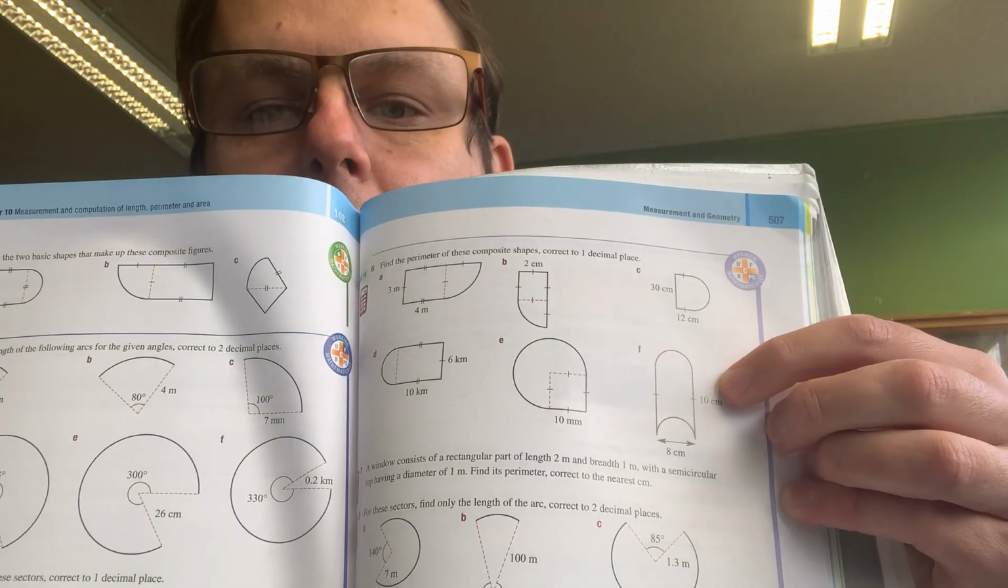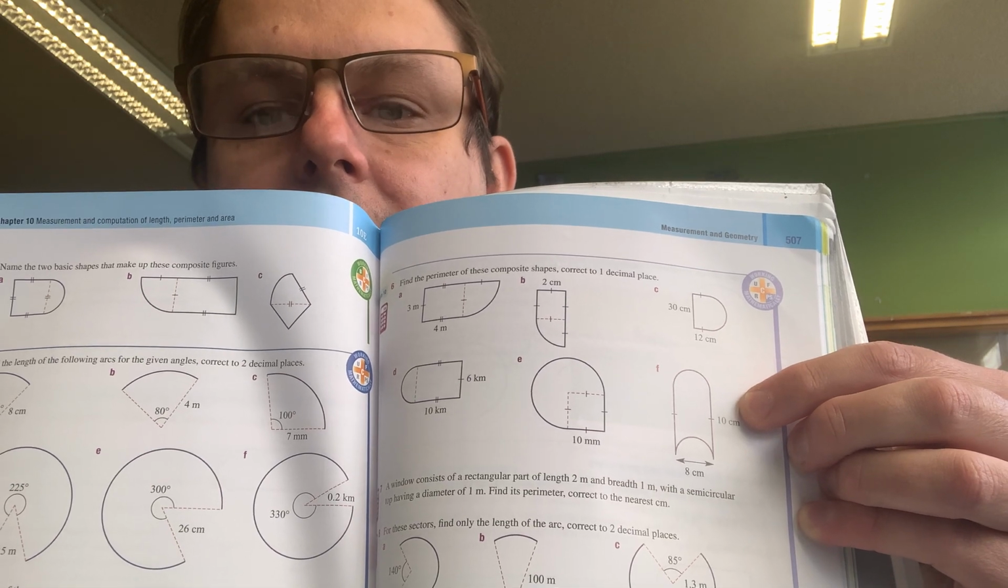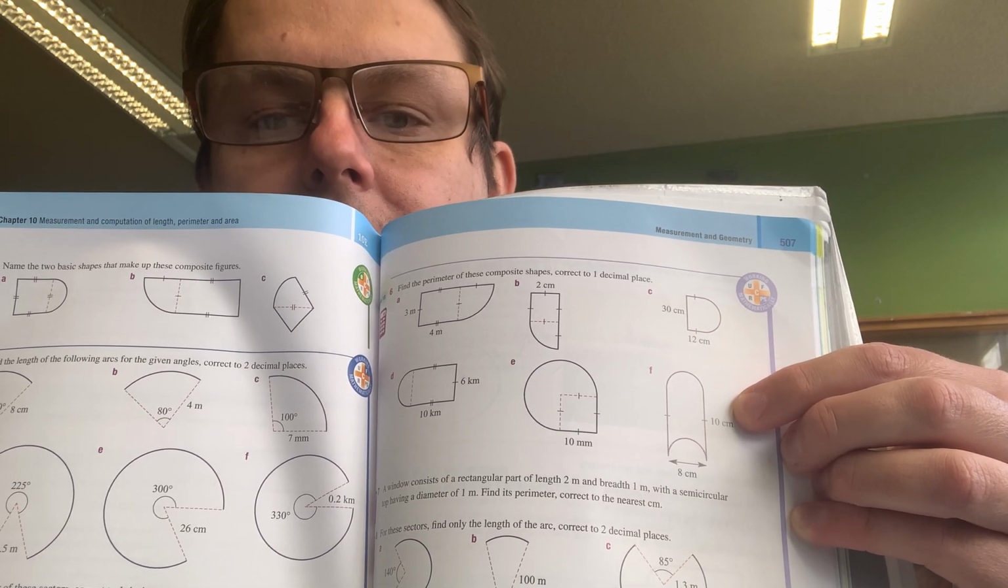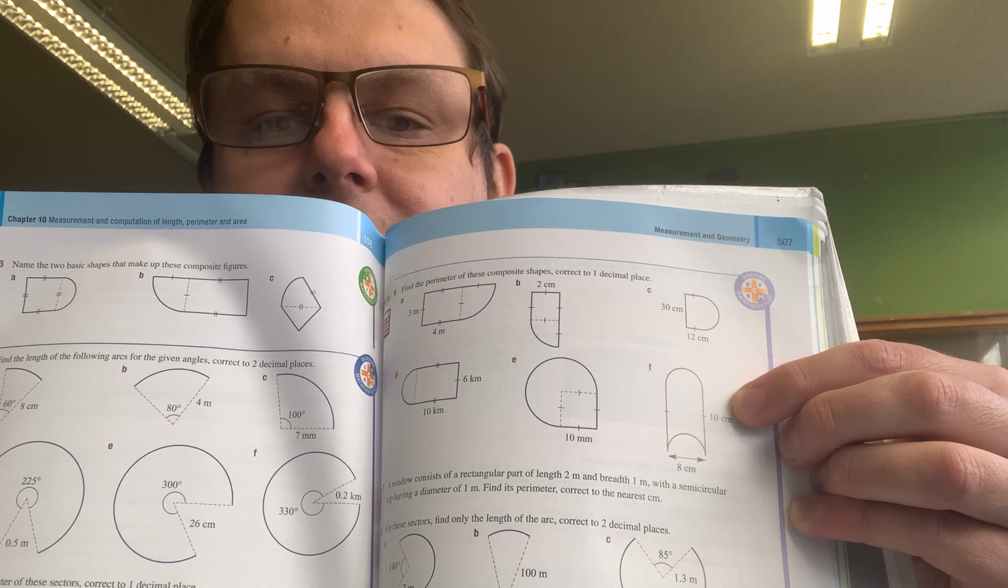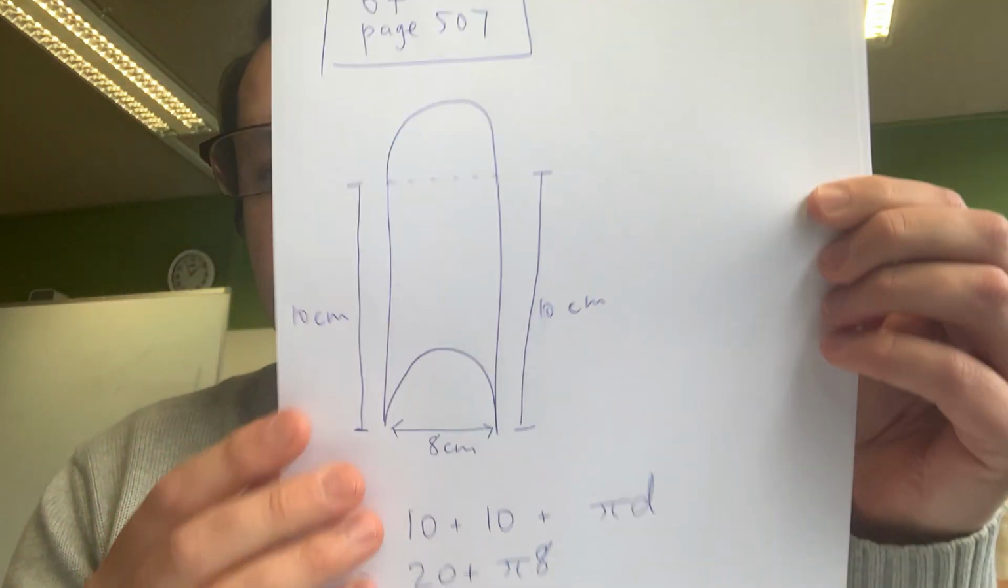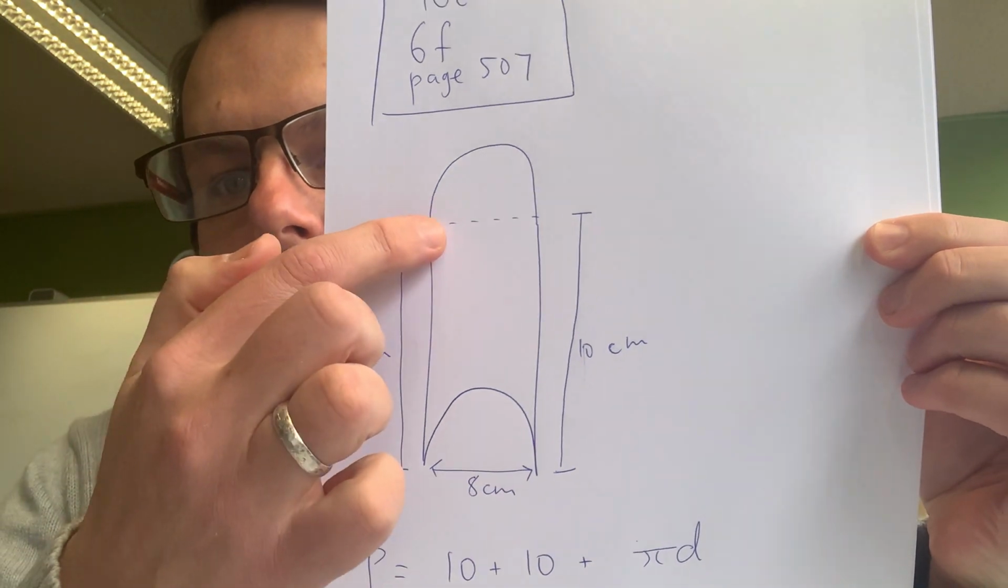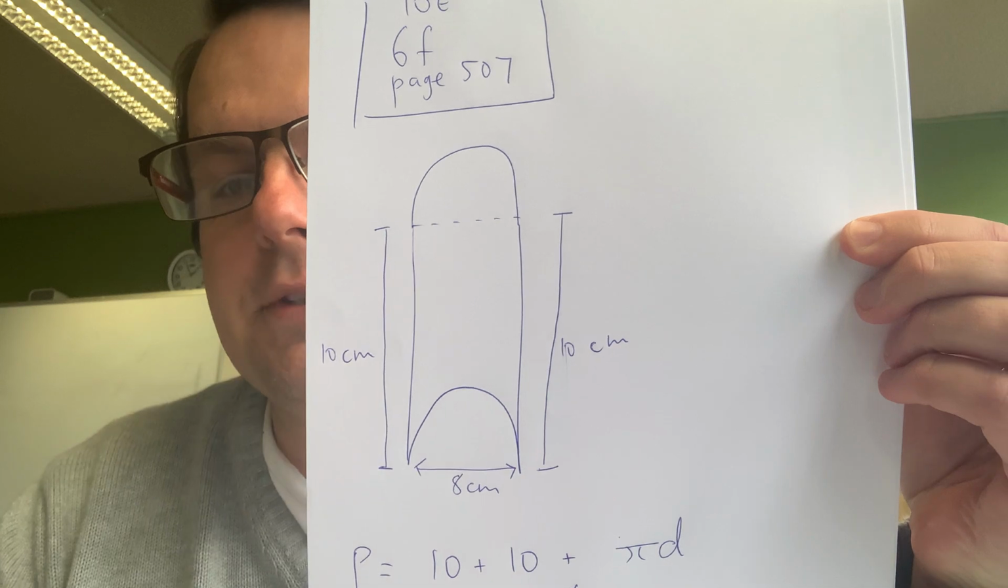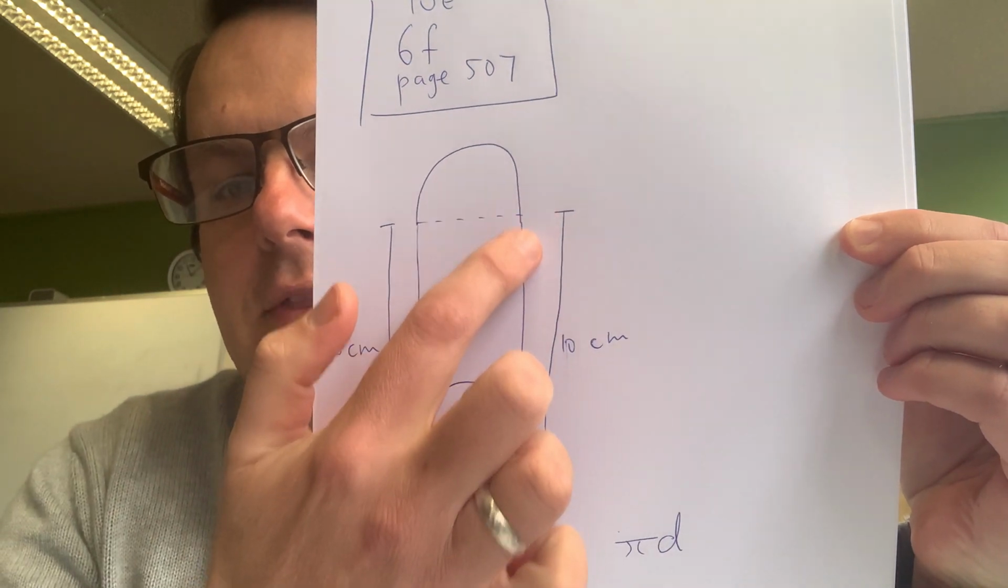Okay, I'm actually at school, so I got a copy of the textbook. And it's this question here. It's 10E 6F, and it's about finding the perimeter of this interesting sort of composite shape. Okay, and it tells you, and I've drawn it here. It tells you that this length here, this straight bit, is 10 centimeters, which means that this bit here is